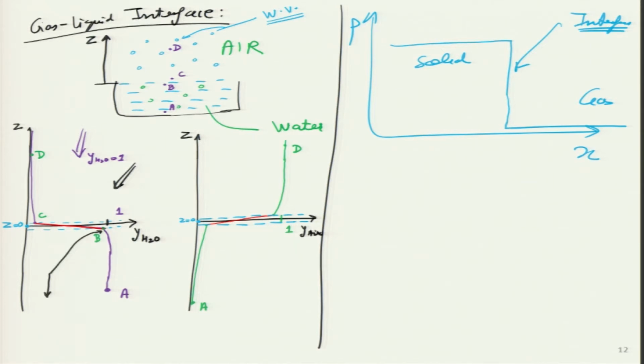We have not figured it out, but the nomenclature will be y H2O, because that is the name of the species, and we will say it is on the liquid side. And at this particular point C, what is the value of y? We have not calculated that, but its nomenclature will again be y of H2O, and this is the air side